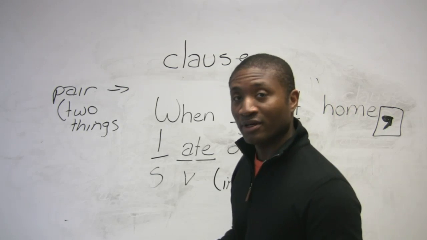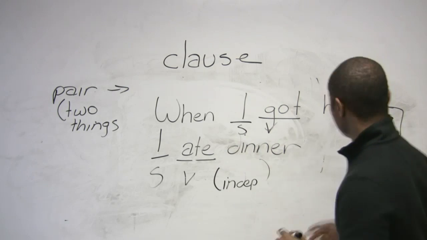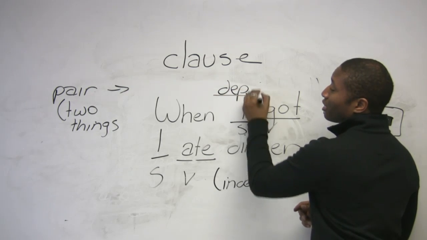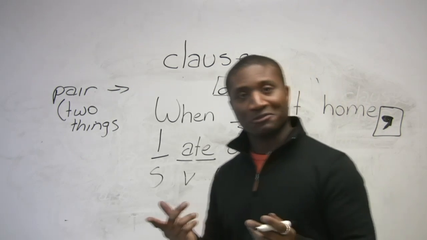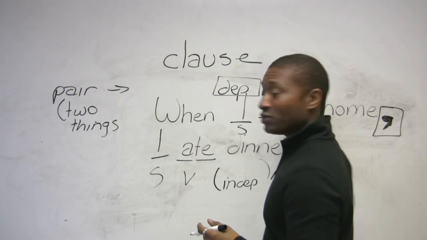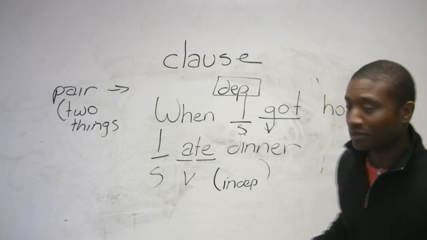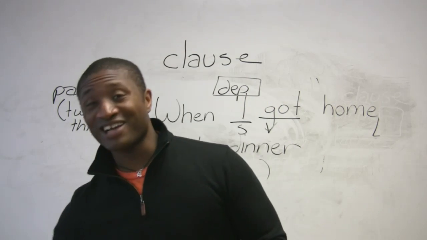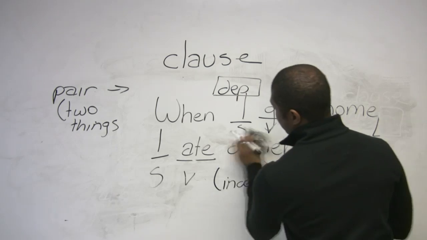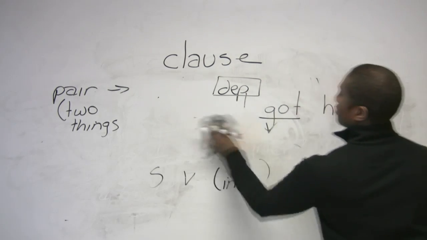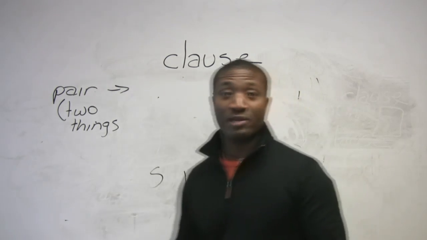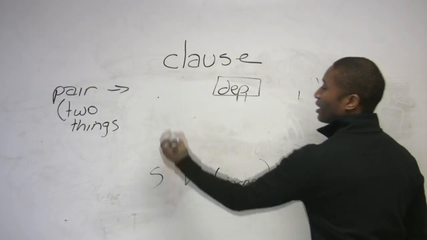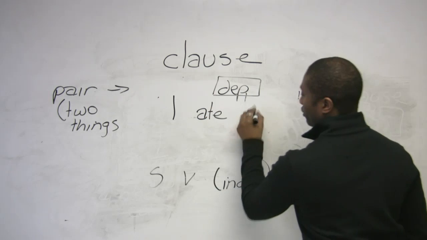Here's the hint, though. If you have a sentence like this, and you see this comma, you always know that the dependent clause comes first. Now you know, right? Dependent clause comes first if you see a comma. If there isn't a comma, this is bad grammar. What you have to do now is you actually have to erase the whole thing. The magic of film. See that? I erased the board. It's clean. Anyway, you have to erase the whole thing and you have to say, I ate dinner